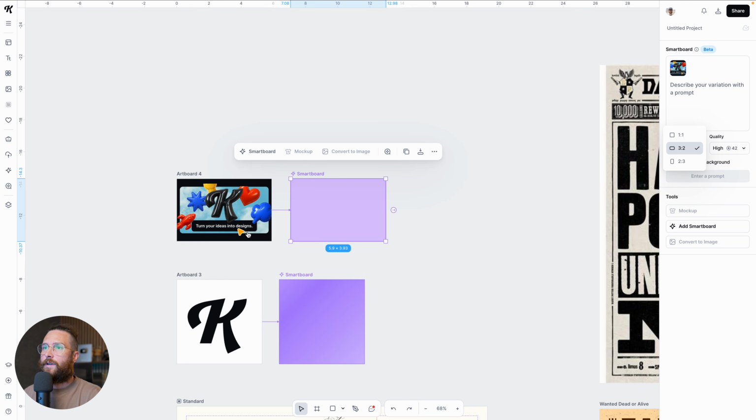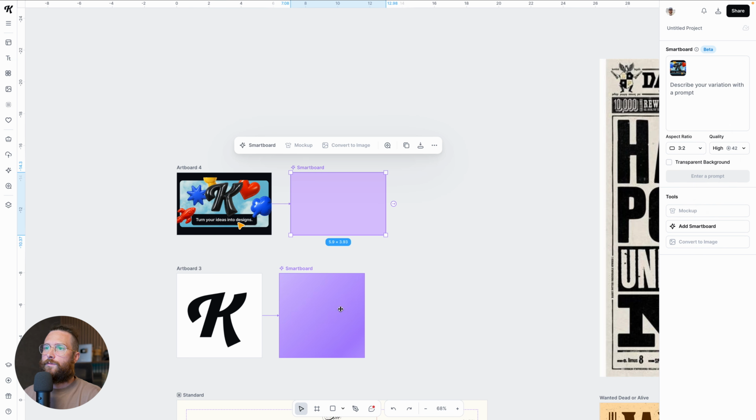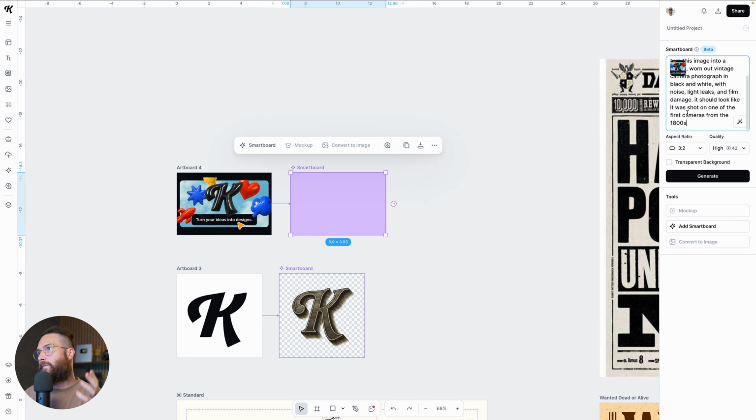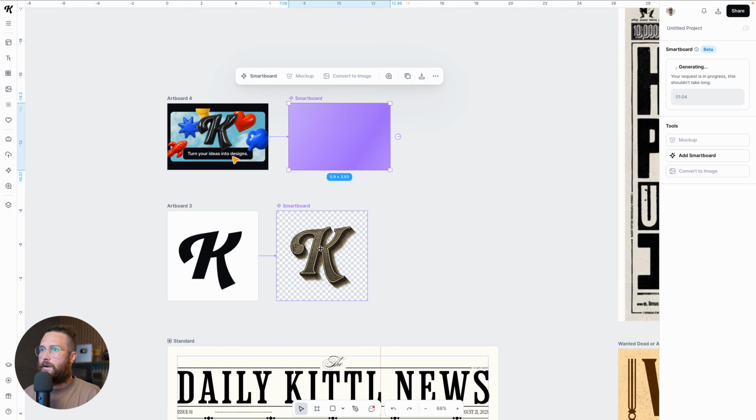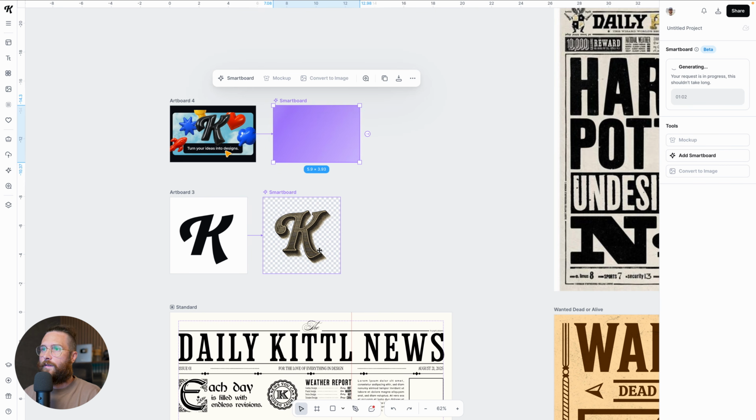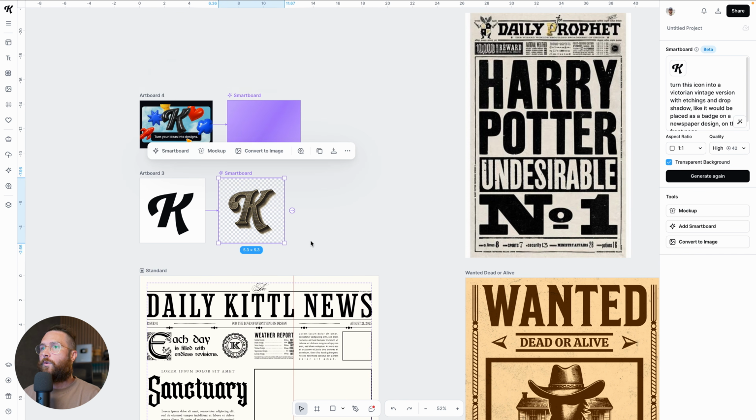And so you can see here, turn your ideas into designs. And I'm going to give this a very similar prompt to the K. So I'll paste this in, and I want it to make it look like a camera, photograph, black and white, all that kind of stuff. And we won't use transparent for that. Generate. And it looks like our K here has changed to a vintagey-esque looking thing, which I think is super